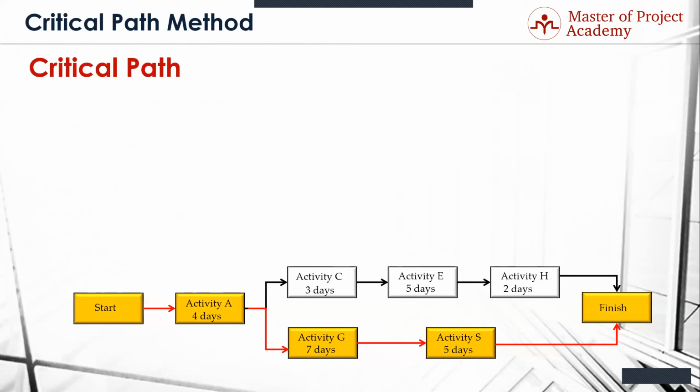16 days. Let's see, 7, 12, 16, 14 days. Did I add right? 7 and 5 is 12. I'm sorry, you're absolutely right. It's 4 plus 7 is 11 plus 5 is 16. However, you have done what is the classic mistake